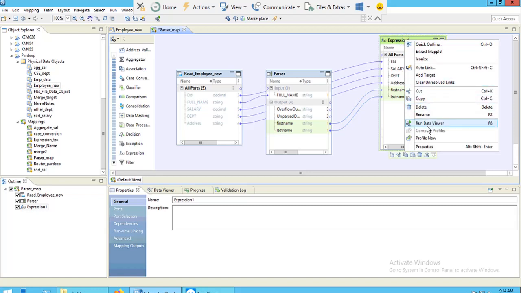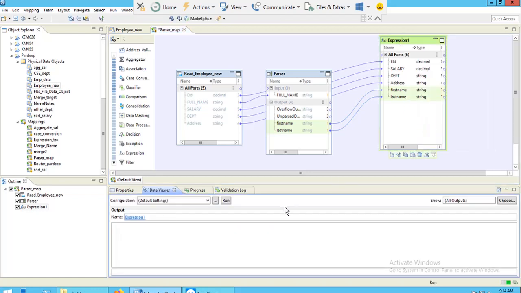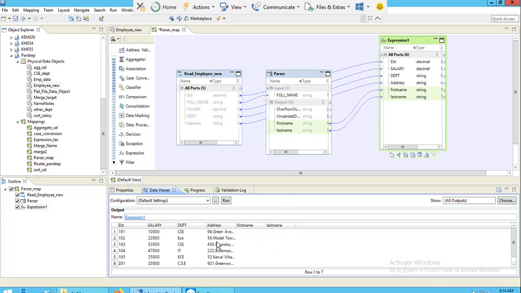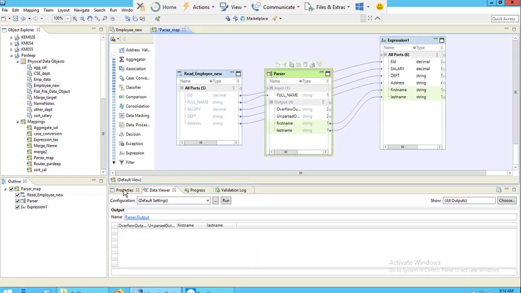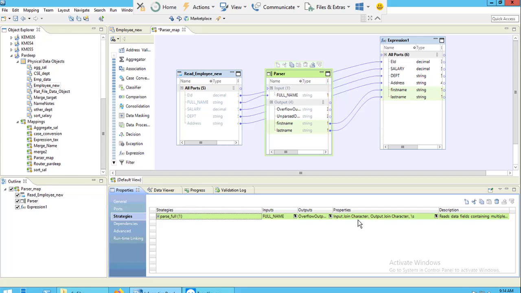Now next to view your data, you can select your regular expression and click on run data viewer. Now you can see all these columns: ID, salary, department, and address. But you are not seeing your first name and last name. For that you have to make some changes. You can go to the parser transformation, properties, strategies.